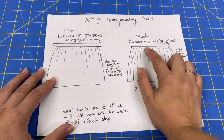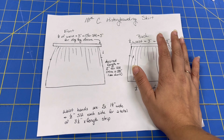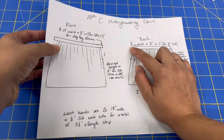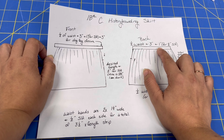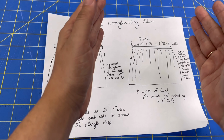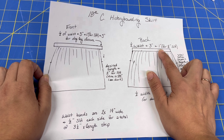First, you're going to decide where you want your skirt to sit. I like it to sit on the smallest part of my waist. Some people prefer to sit it a little lower. That's up to you. Measure that part of your waist and then divide it in half. From there, you're going to add 3 inches, and then you're going to add 1 more inch because we need a ½ inch on each side for our seam allowance. So you're taking your waist measurement, dividing it in 2, and then adding a total of 4 inches for the